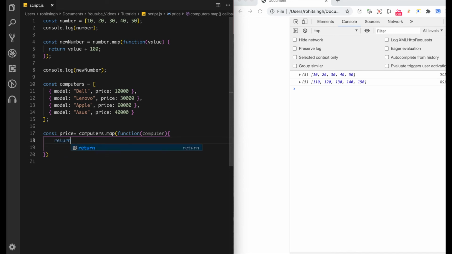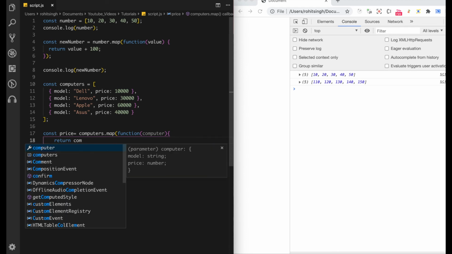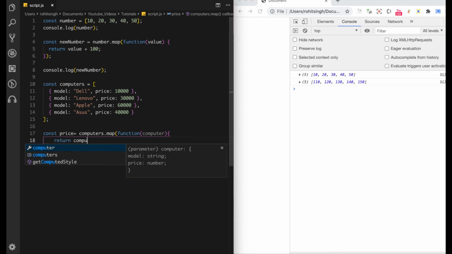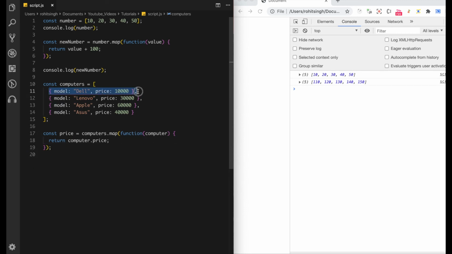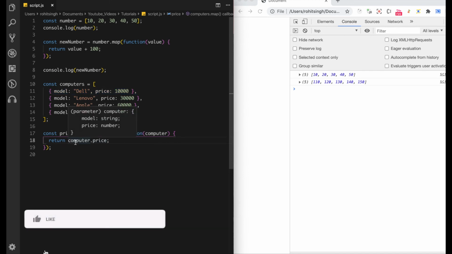Return computer dot price. Since individually these are single objects, we can access the value with the price key. So that's what we are doing here.